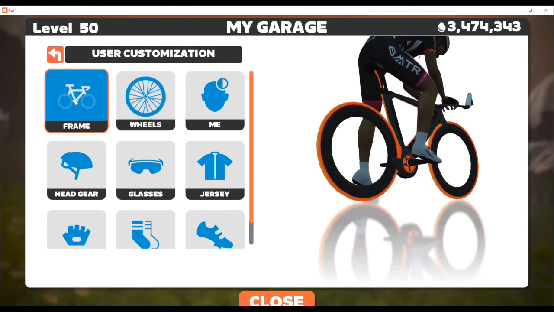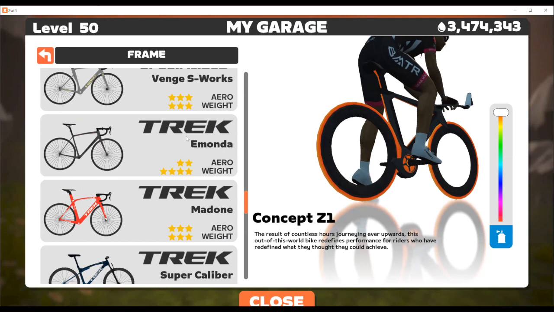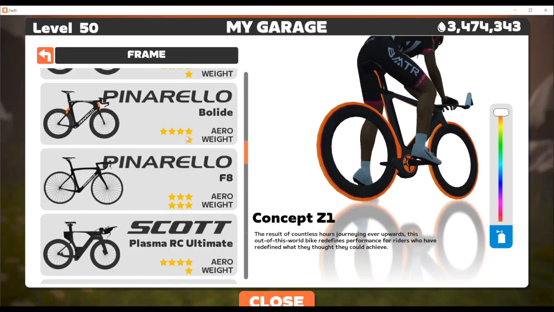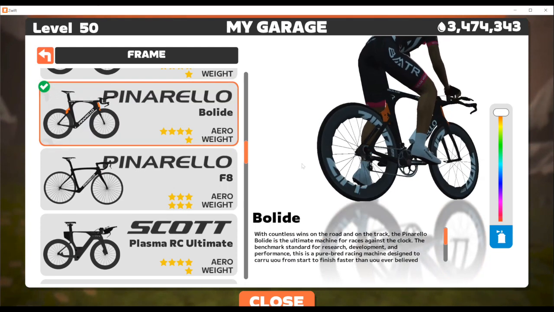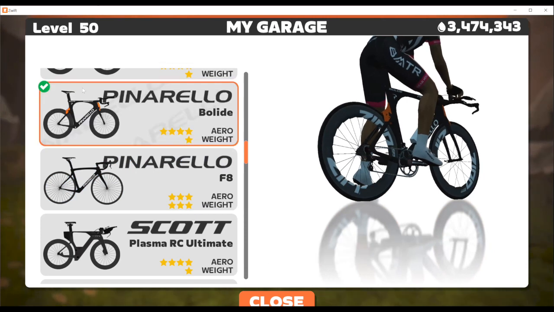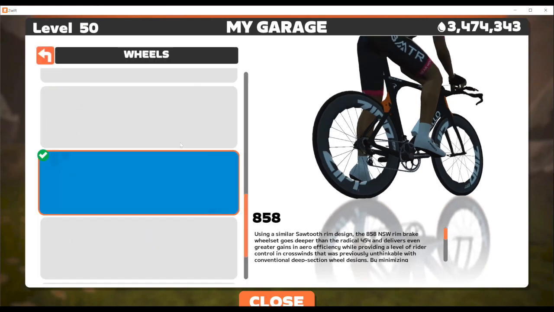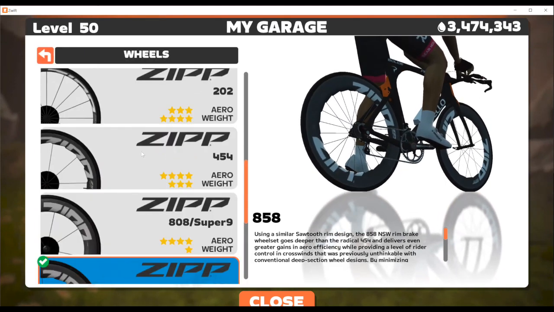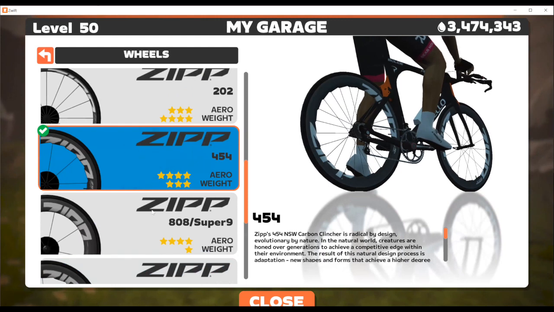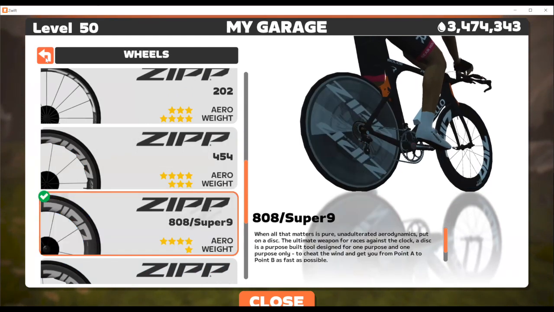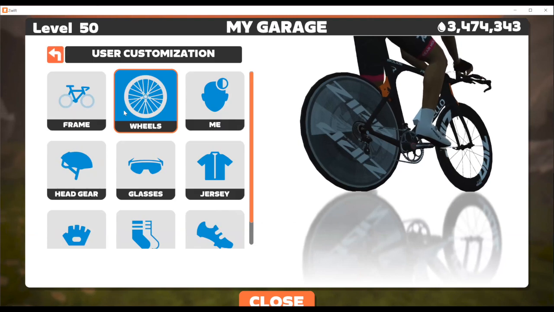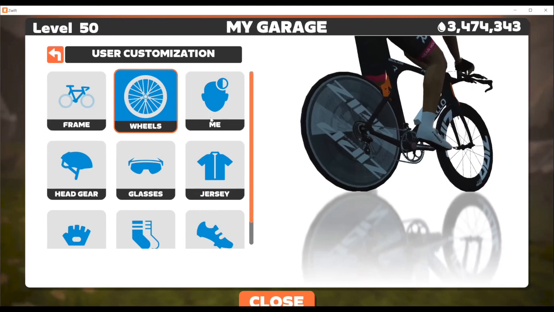Those items that you're able to purchase are different bicycles. These are actual real life bicycles that are in the game. They're not made up. They're made after the actual brand. So these are Pinarello bicycles with the same specifications, and they perform in the game the same way. The same holds true with wheels. You can buy wheels and upgrade your wheel set. And they are duplicative of the current wheel sets that are out in the marketplace as well. Believe it or not, they do allow you to perform better in the game, similar to as they would in real life. And they've given you advantages.